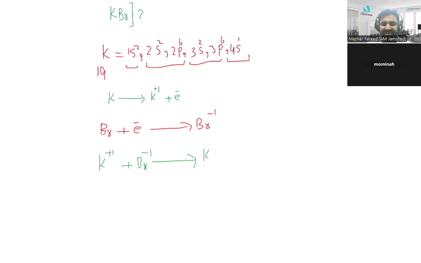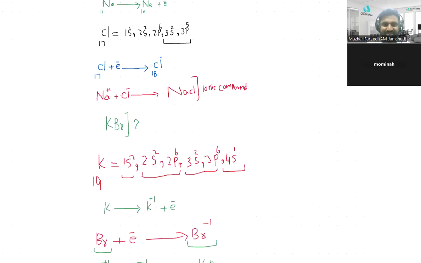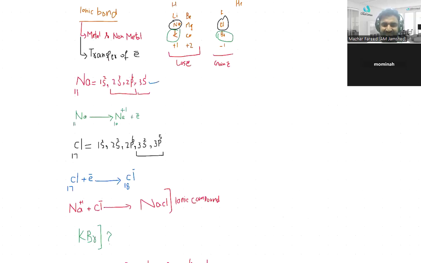You have to see one thing here. This is the bromine. When it gets an electron, it becomes a bromide ion. Like this is the chlorine atom. When it gets an electron, it becomes a chloride ion. So we have another example, like if I tell you,